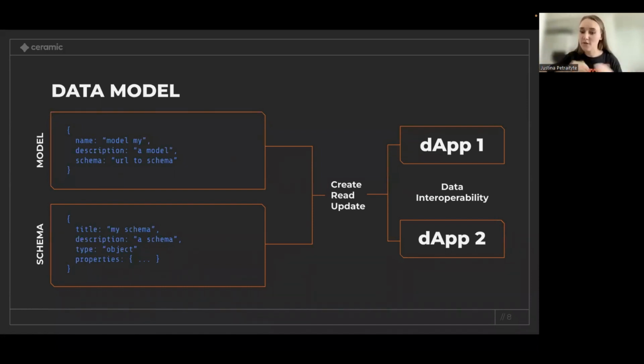They can do mutations, so for example, update their profiles or follow and unfollow people and so on. We just want to make sure that users in the end own their data and they can decide what's being done with their data and where the data is being used, and none of that data is being stored on a specific centralized database somewhere.